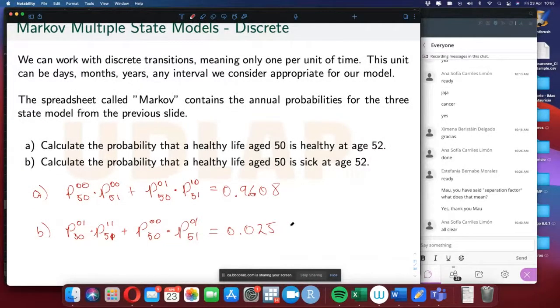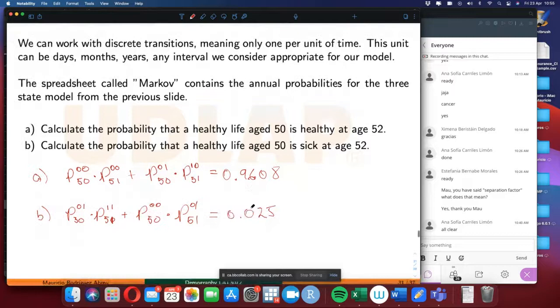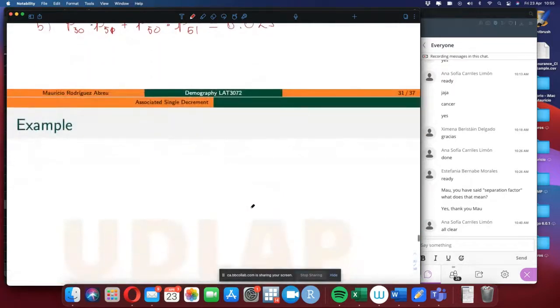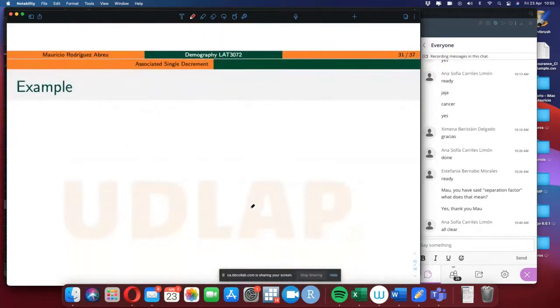And again, these are things that are really easy. If we have the information, if we have these probabilities, we can just follow these paths, okay? So we can have, for instance, and this is something that we are going to explore more in detail tomorrow, we can create for age 50 a transition matrix, okay? Where we have